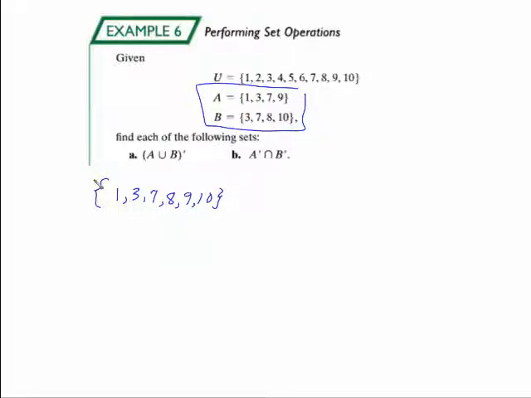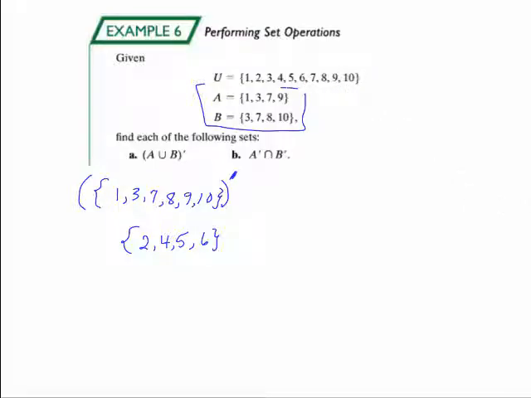But I need the complement of that. So what I do, I just kind of put parentheses around here and put this. I don't know that that's real notation, but that's the way I think. So 1 through 7, 8, 9, 10 was my A union B, but I need the complement of that. So I go up to the universal set and I just cross off 1, 3, 7, 8, 9, 10, and what's left is just 2, 4, 5, 6. So my answer is 2, 4, 5, 6. The reason I do this with the parentheses and the not is just to save having to write down another step. All right, let's erase this